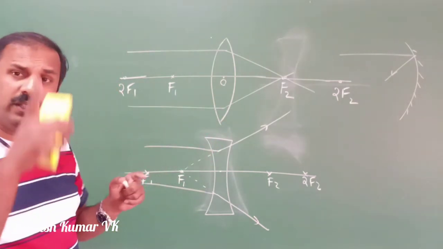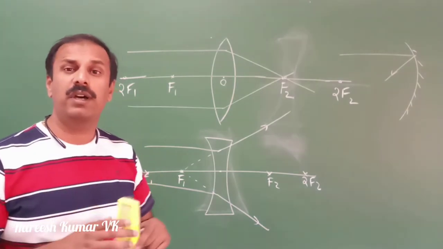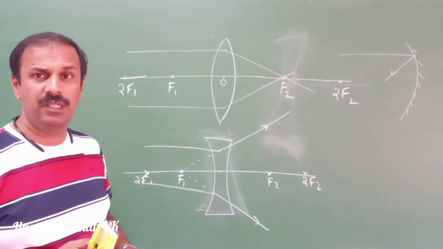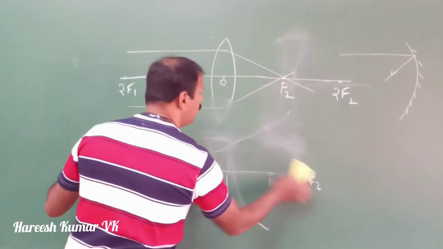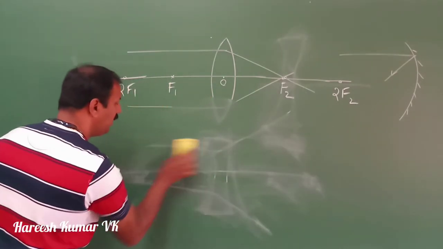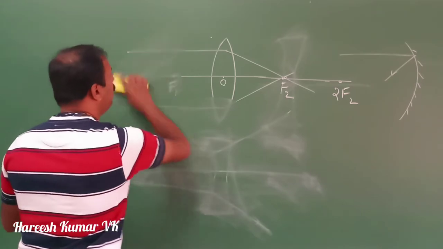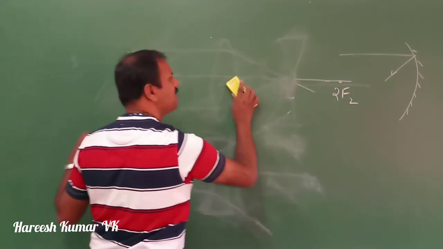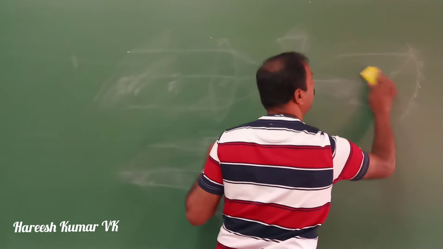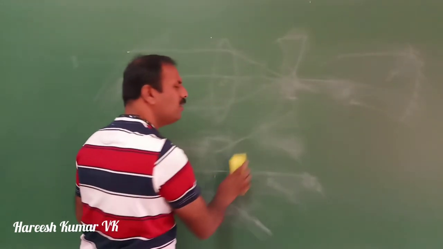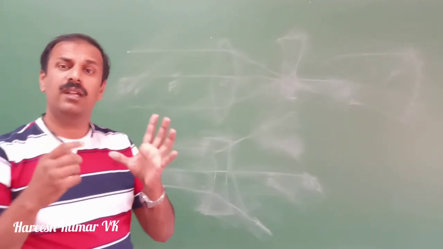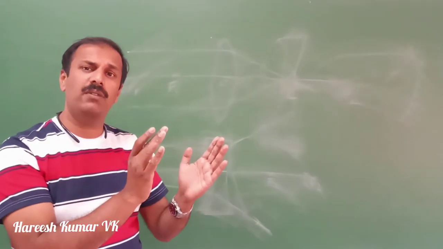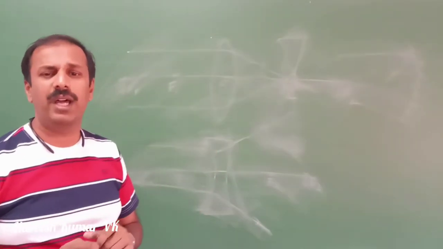Okay, so concave was actually converging, here convex is converging, and the diverging also changes like that. Now how to draw the ray diagram? For drawing the ray diagram in the mirror we used some basic rays, and based on that only we worked out how the image is formed. Here also we can use the same method. Just as we discussed concave and convex together there, here also we will do the same thing.